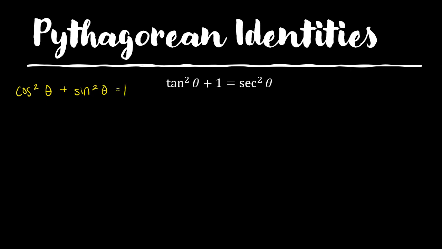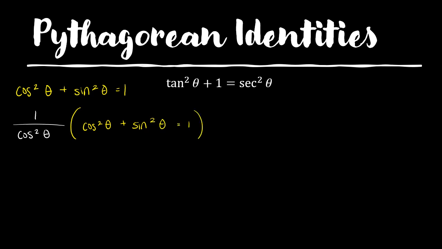So I want to actually manipulate this a little bit. I'm going to multiply this entire equation by something. And that something I'm going to choose to be 1 over cosine squared. I'm going to just multiply the entire equation by that. So let's pull that down. Cosine squared plus sine squared